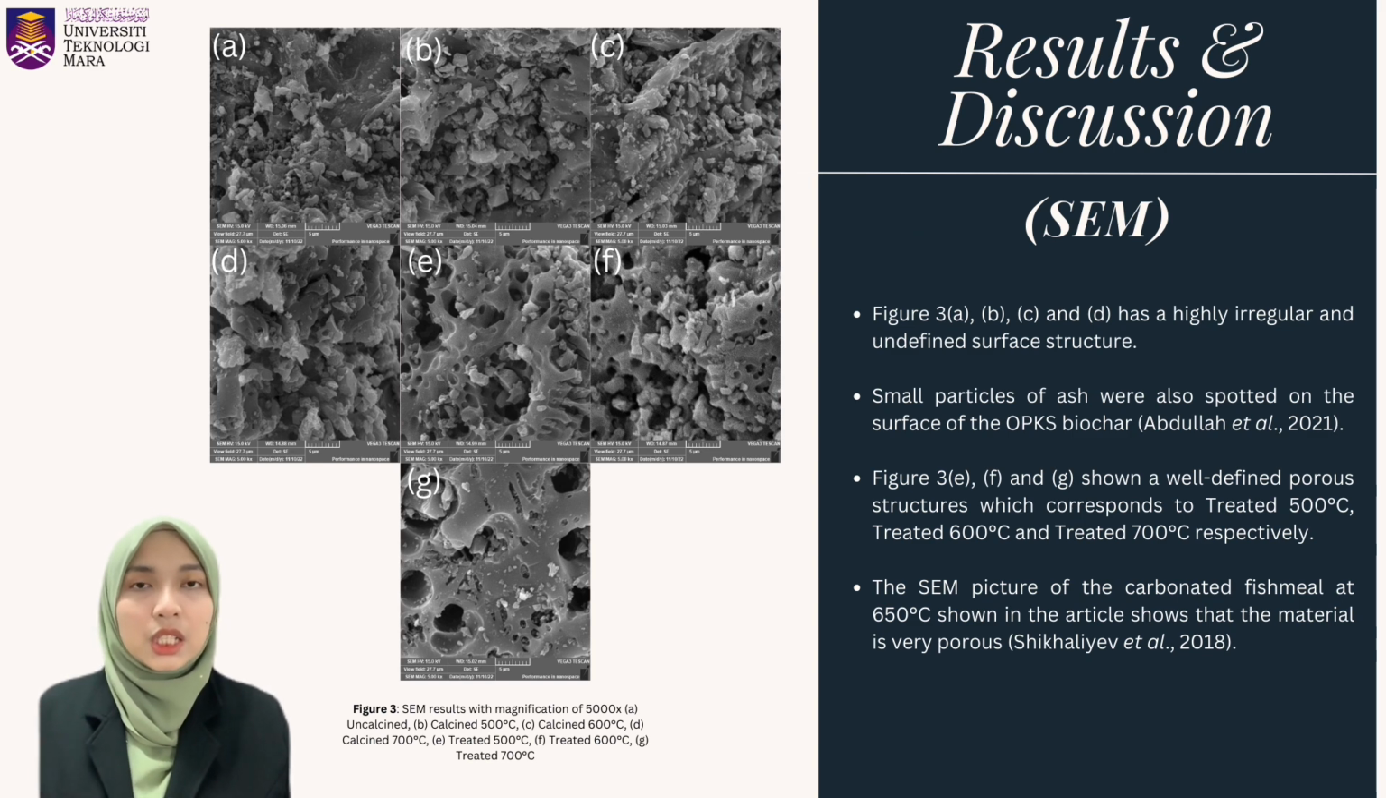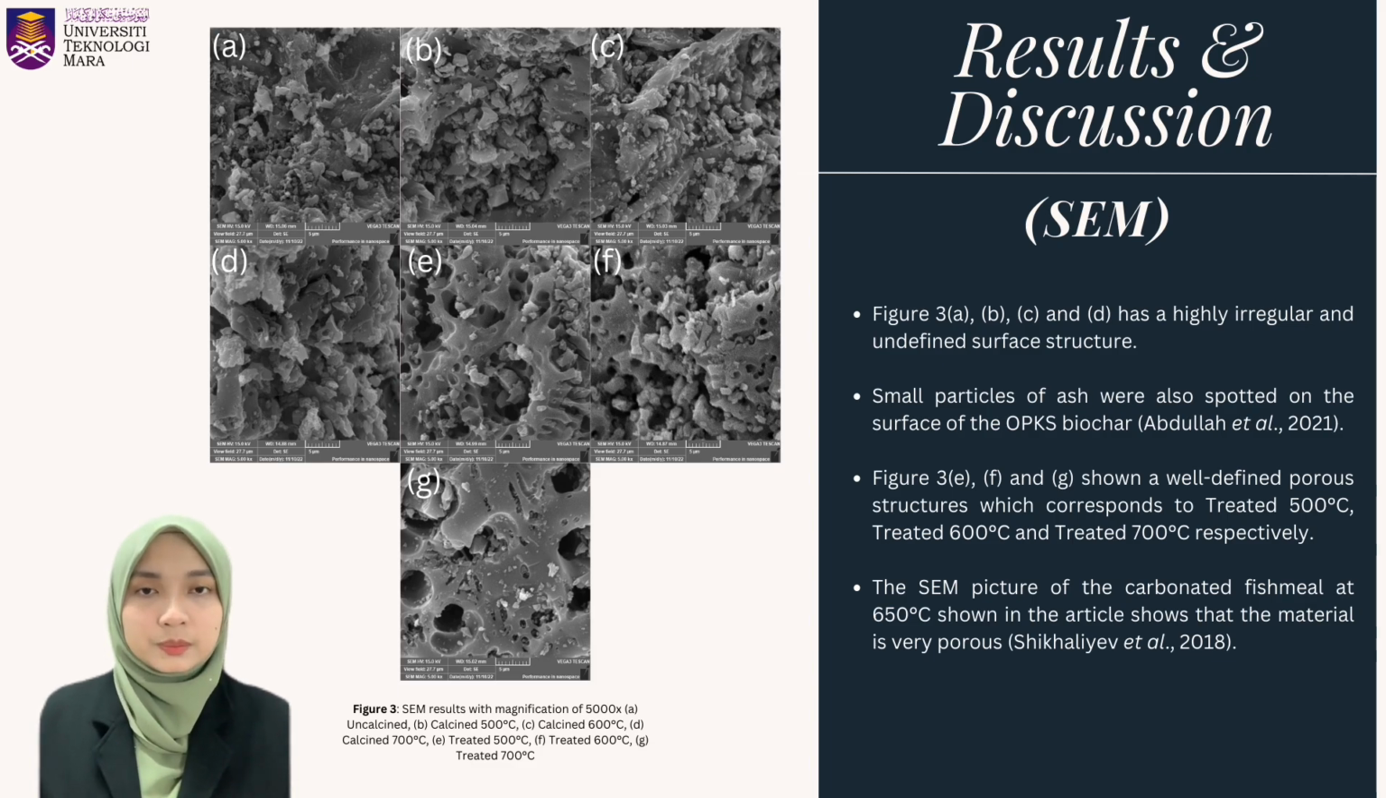Figure 3 E, F, and G show well-defined porous structures, which correspond to treated 500, 600, and 700 respectively. The supporting journals stated that the same pictures of carbonated fish meal at 650 degrees Celsius shown in the article show that the material is very porous. Therefore, the results show that after the catalyst is calcined and treated with sodium hydroxide, the morphology started to become more porous